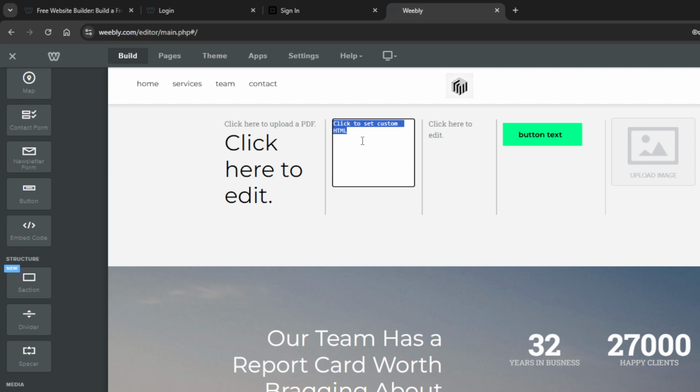And there you have it. You've successfully added HTML code to your Weebly website. Make sure to preview your site to ensure everything displays correctly. Don't forget to save your changes and